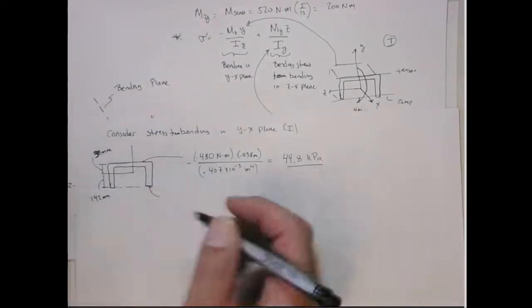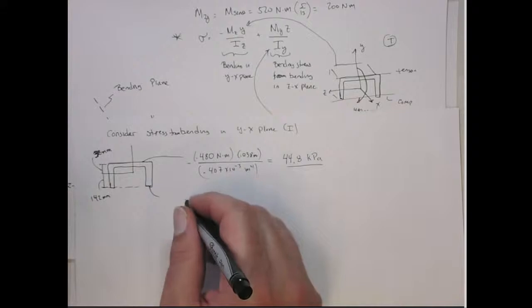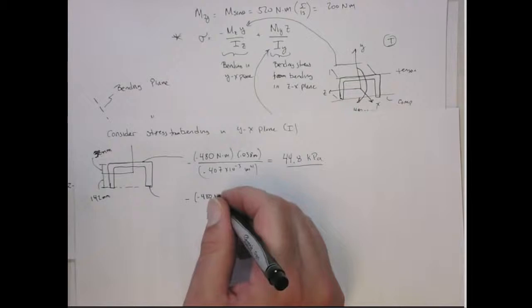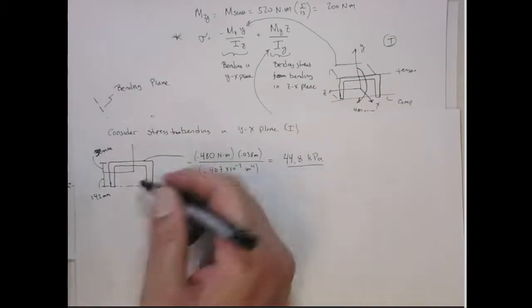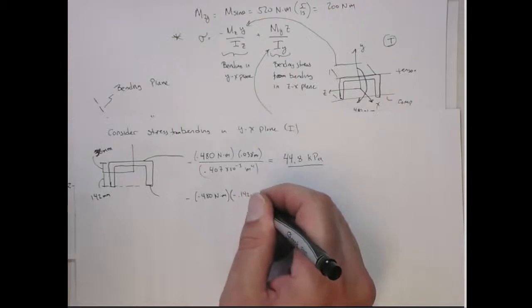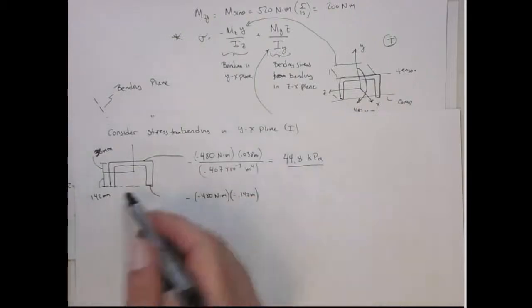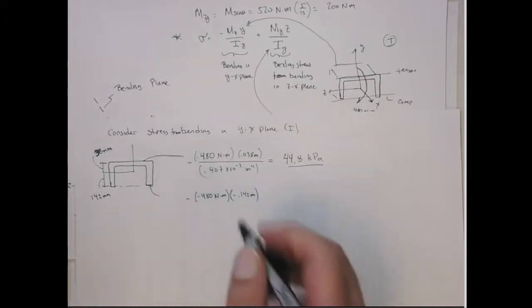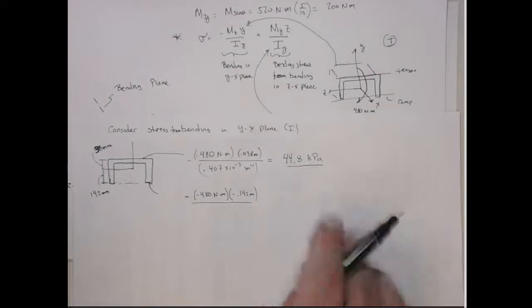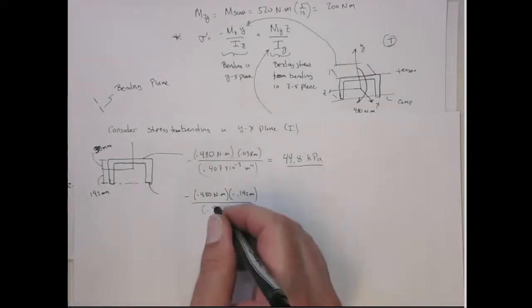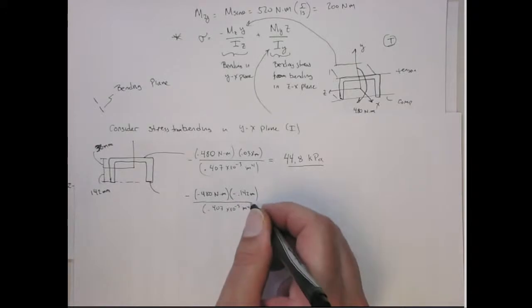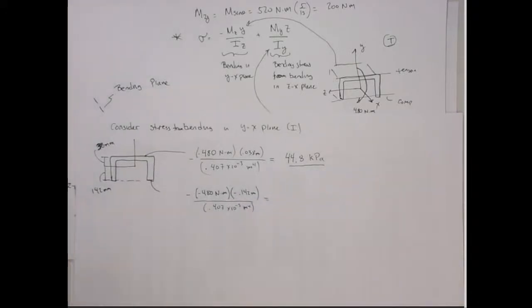Now let's also get it on this edge. Okay? So this is going to be, again, minus a minus 480. Now the C distance is a negative 0.142 meters. You can also see, obviously, this is the same sign convention we got before. We assume that this would have been compression by looking at the picture up here, right? But you can see the sign convention also works out. And then I divide by 0.407 times 10 to the minus 3 meters to the fourth. And this now gives me